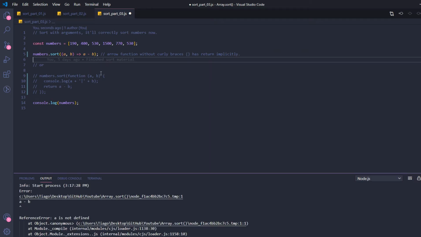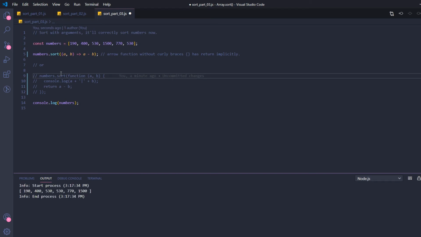What happened? I don't know what happened. This extension is crazy. And now, as you can see, we have it correctly sorted. All the numbers are correctly sorted. And I just made this other